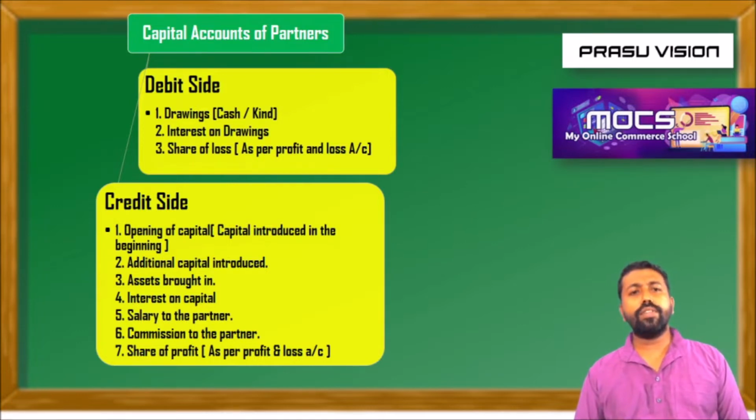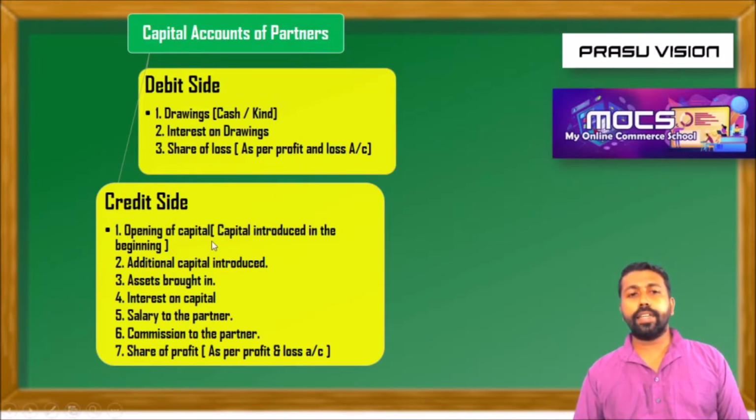Also, if there is any share of loss in the profit and loss appropriation account, which we have already learned, it will be debited. So these three items, and if there is any balance, it always comes on the debit side. Hope the idea is very clear. So remember: drawings, interest on drawings, and the share of loss as per the profit and loss appropriation account. Then on the credit side,